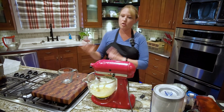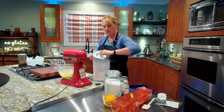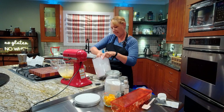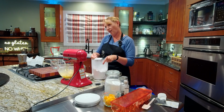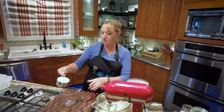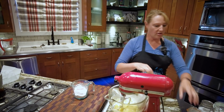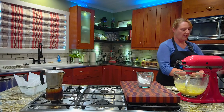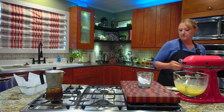So to my separate bowl, I'm going to add a cup of my flour blend. If you haven't had a chance to watch the flour blend episode, that is also available on YouTube. I use a mixture of rice flour, tapioca starch, and arrowroot powder. And to that, I'm putting in a half a teaspoon of xanthan gum,